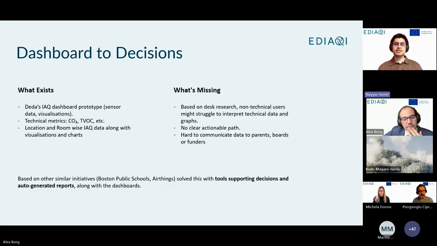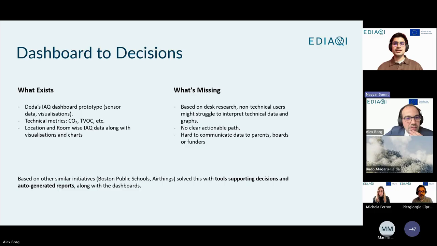So the gap here is that the school admins and the facility managers, whether it's a school, public buildings or office spaces, usually don't have the time to analyze graphs. So they need answers to questions, for example, which rooms need my immediate attention, or how do I prove that our building is compliant with the regulations. And this is also backed by